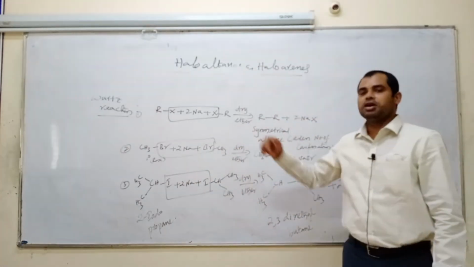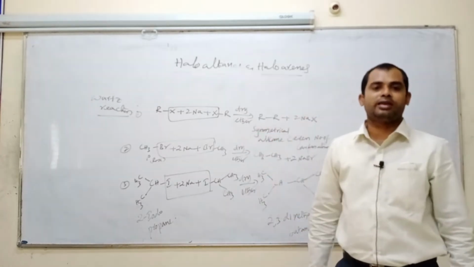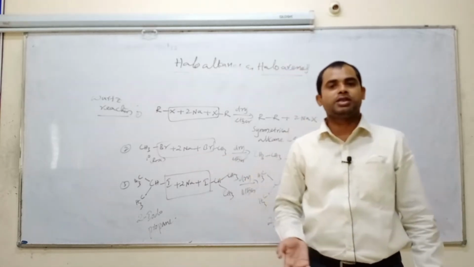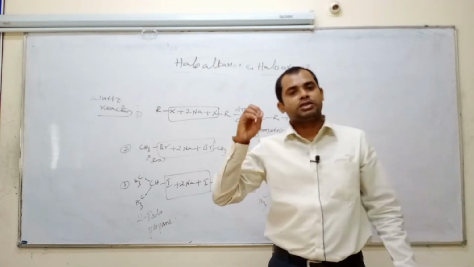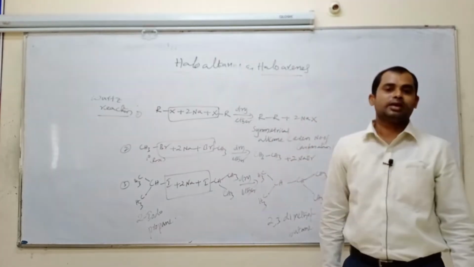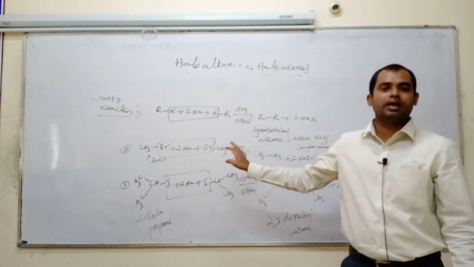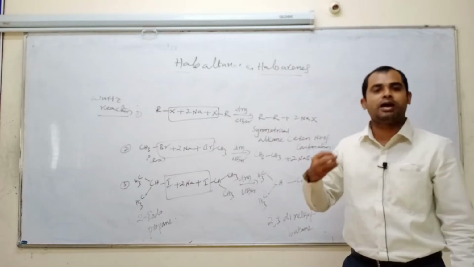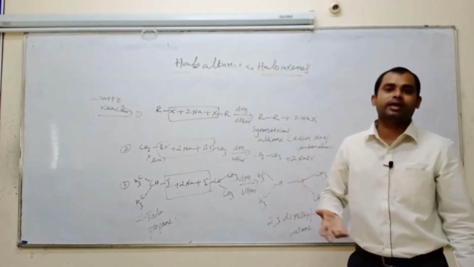Suppose we take a tertiary alkyl halide, this reaction fails with tertiary alkyl halide. A tertiary alkyl halide easily undergoes dehydrohalogenation to form the alkene. That's why the Wurtz reaction works first with primary, then secondary, and then tertiary. This reaction fails for the tertiary alkyl halide. A tertiary alkyl halide cannot prepare the alkane because it easily undergoes dehydrohalogenation to form the alkene.